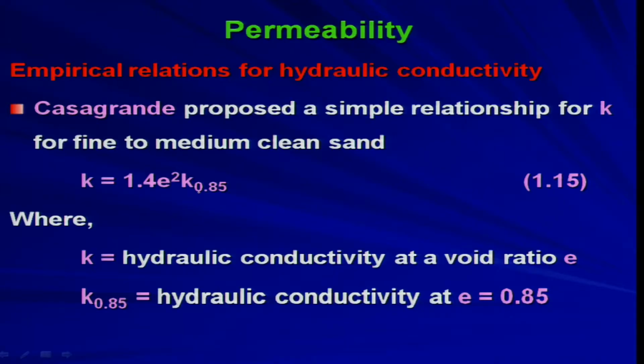Now, you have to find out K 0.85, which is nothing but the hydraulic conductivity or the coefficient of permeability at void ratio equal to 0.85. So, for the same sand, you obtain the hydraulic conductivity from some laboratory experiment at this void ratio e equal to 0.85, and whatever void ratio is available with you. Corresponding to that void ratio, you can find out K from this expression. This is a very simple expression, only thing is that you need to find out K 0.85 from